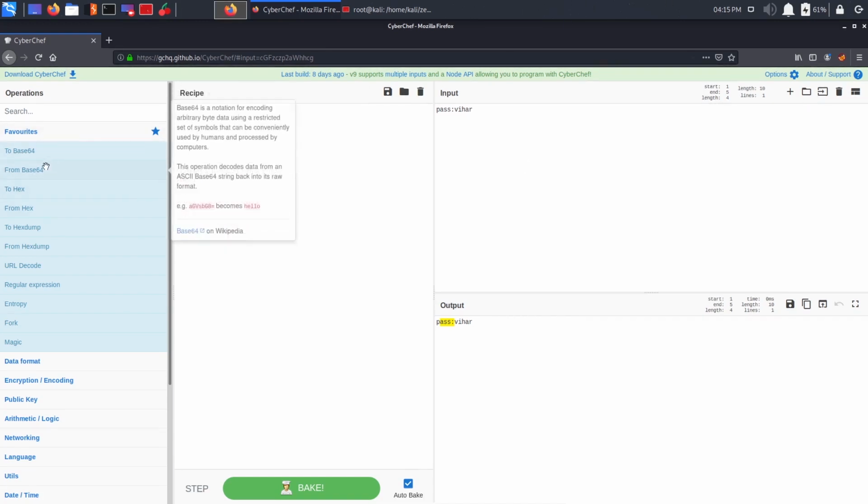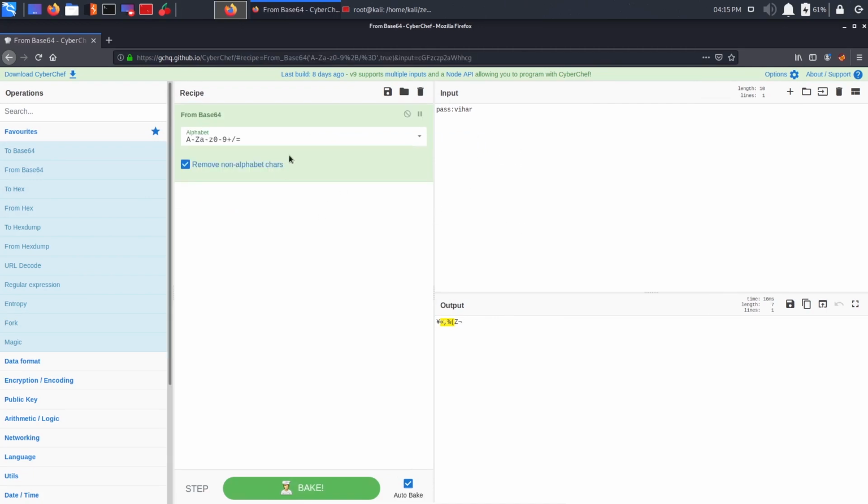So I encrypt it. Base64 is one type of encoding, where base 10 is your decimal system, right? You have 10 characters. Like that, we have base32, which has 32 characters, your A to Z and so on, plus a few more characters. Similarly, base64 has 64 characters: capital A to Z, small a to z, 0 to 9, then plus, slash and equal to.